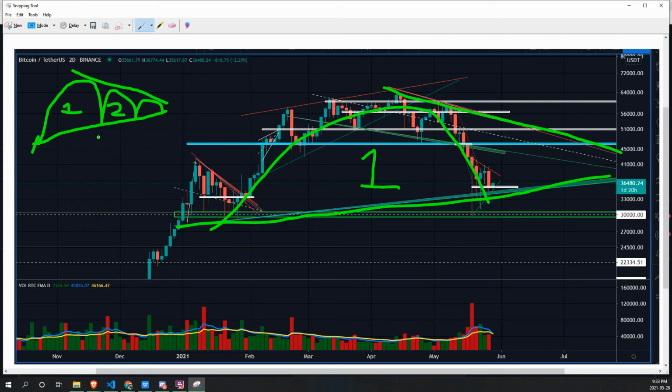We are currently at the bottom of number 1. We are potentially going into a number 2 wave, which would be going something like this. That would be a number 2. And then number 3 could be very, very short. It could be like that, and then a massive bullish push. It doesn't even need to be a massive wave, but it just needs to be a resistance touch and then a pullback, validating that third wave completion.